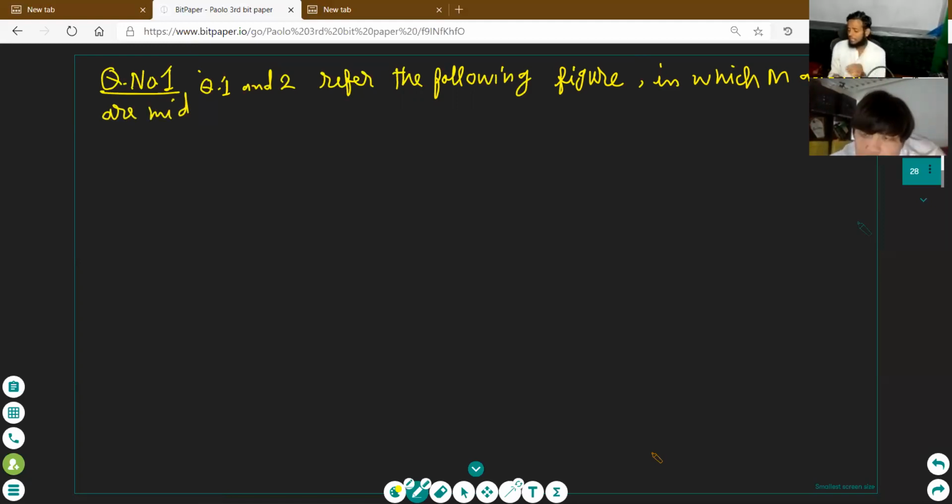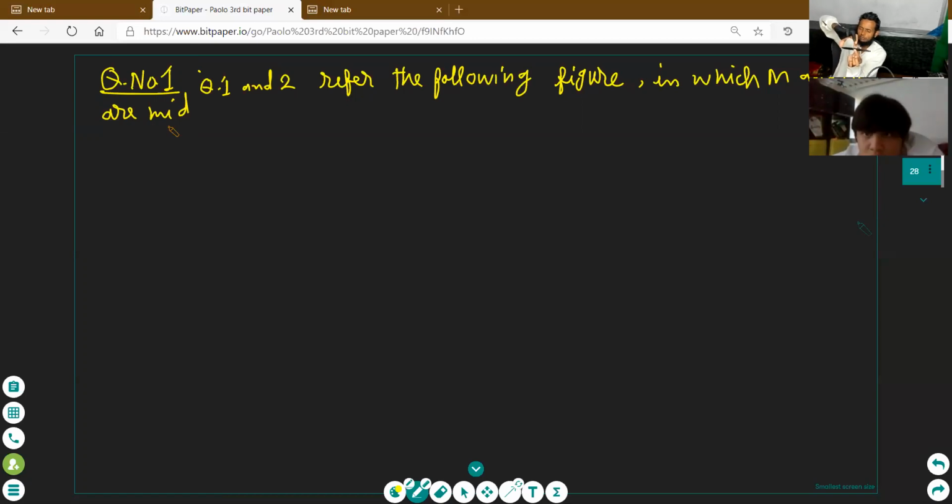Midpoints are the points that divide the line into two equal parts. For example, I have this pen. I say this is the midpoint of the pen, then this part's length and this part's length will both be the same. If this complete pen length is 2, can you tell me the length of this part and this part? Suppose this is 2, in any unit.